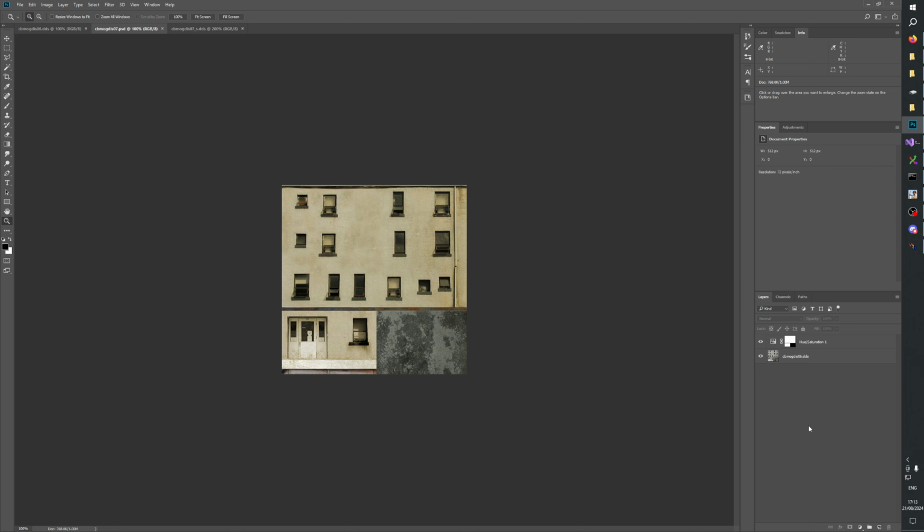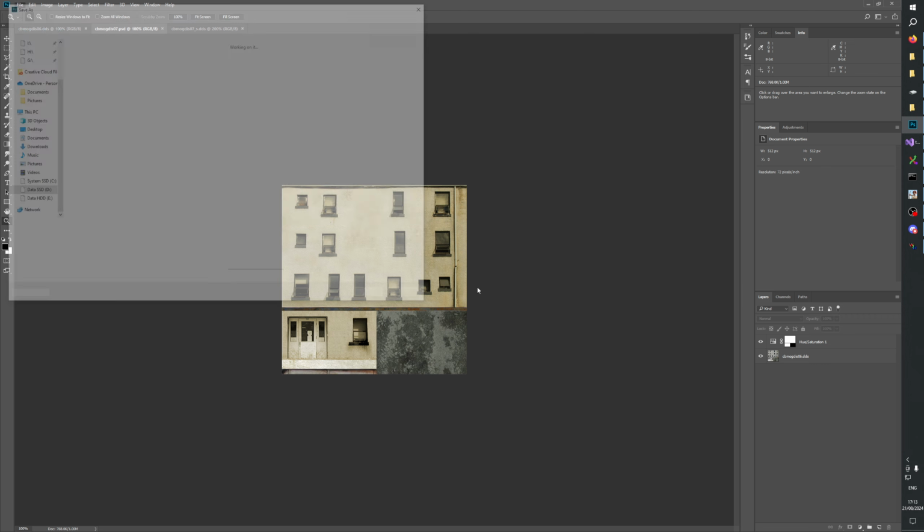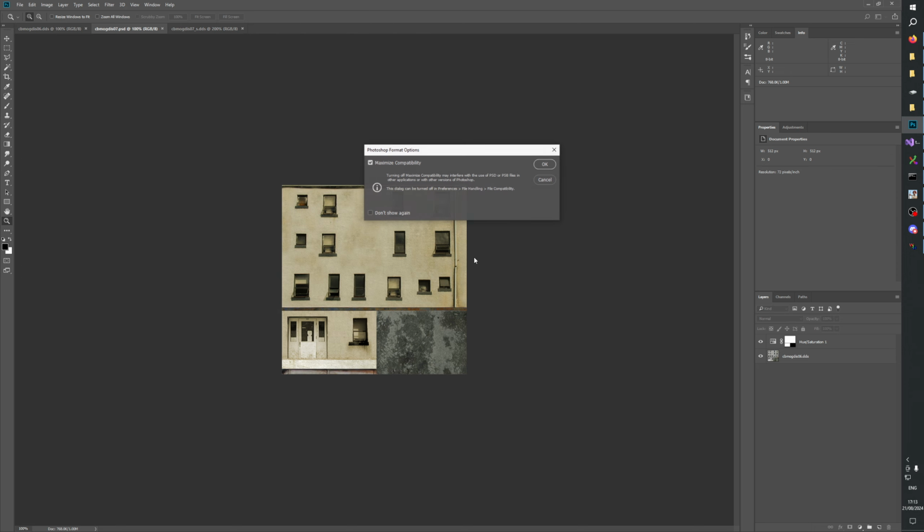But the thing is, the maximize dialog here, let me explain this real quick. This one. Photoshop format options, maximize compatibility. What this means is it will embed a composite into the file format. So right now there are two layers, right? The one at the bottom and then the saturation layer. And these need to be composited to create the final image. And this composite takes the Photoshop-like algorithm, the way it constructs the image, to create this final image out